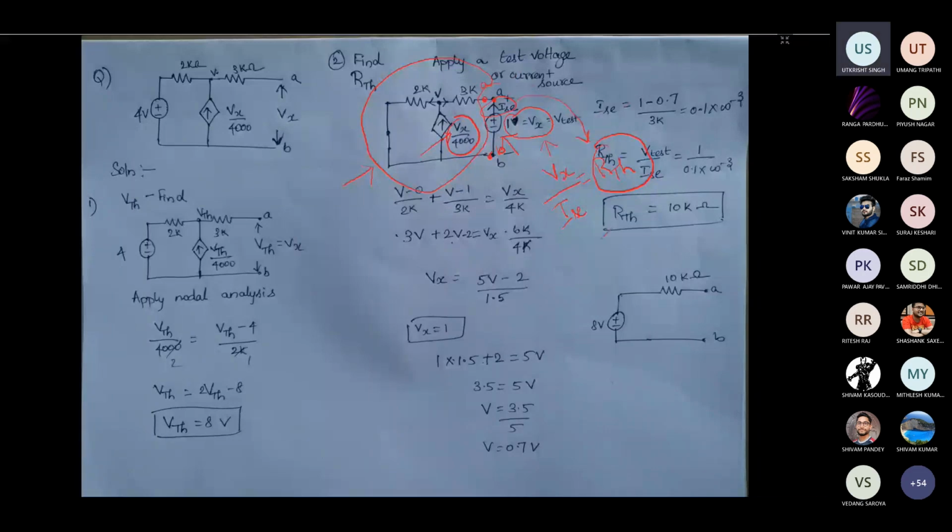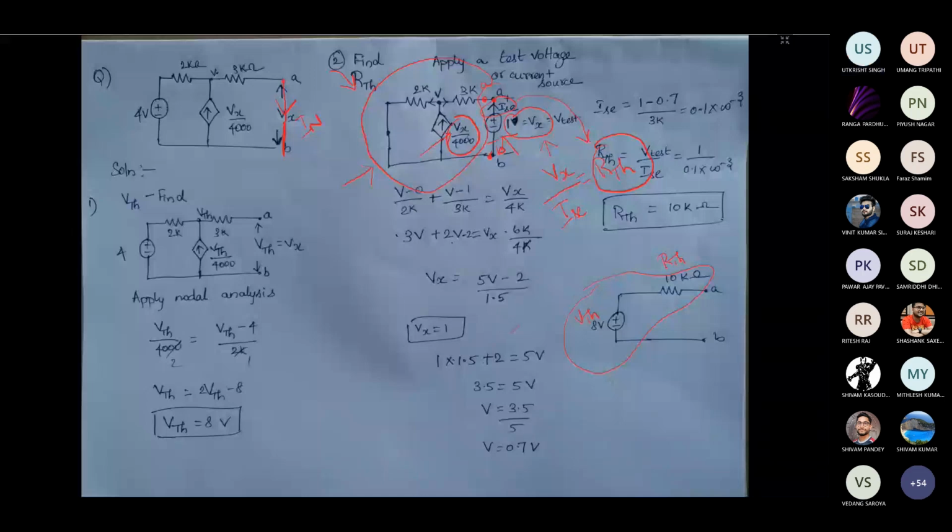Now we have found the VThevenin and the RThevenin for the circuit. Then obviously this is the Thevenin equivalent circuit. The same can be applied for the Norton theorem. For the Norton theorem, as we already discussed yesterday, you should short the load terminals and find the current flowing through this. That is called the Norton current. For finding the R Norton, it is the same procedure we have discussed here. We have to follow the same procedure.